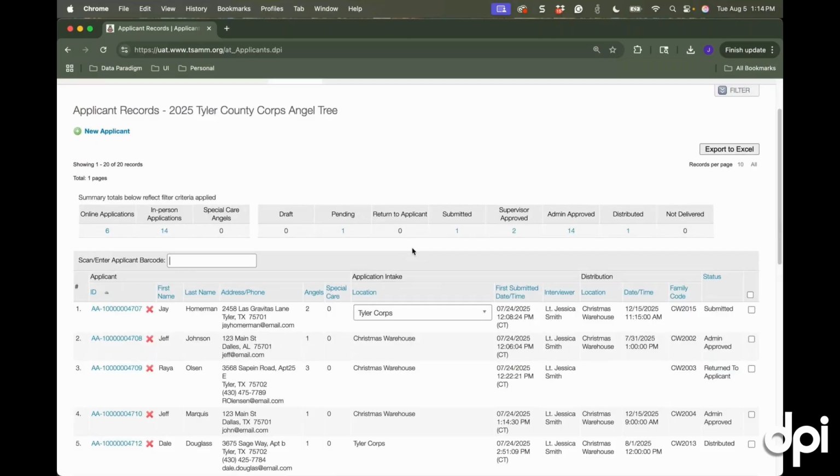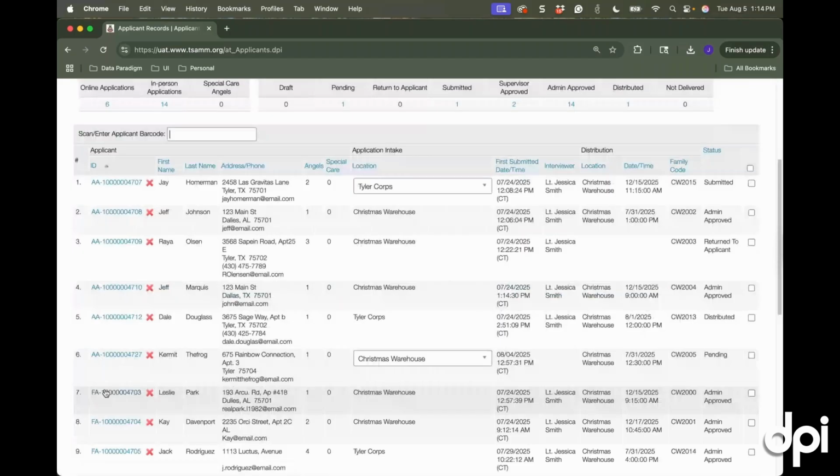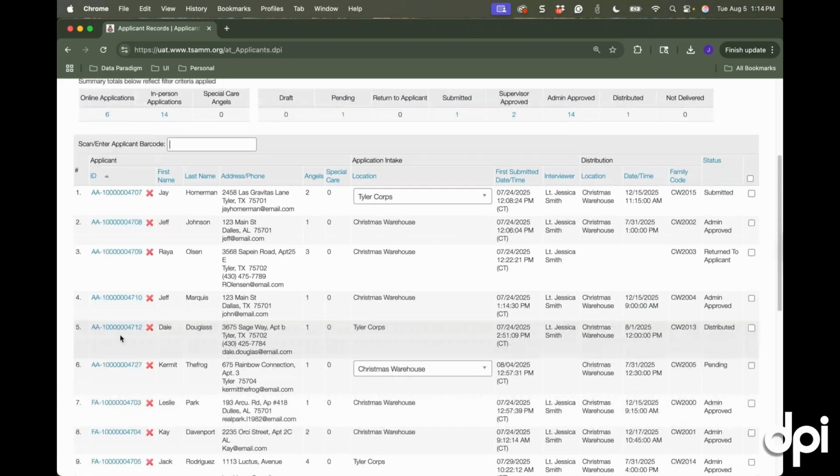We know that online applications are prefaced with the AA. We know that in-person applications are prefaced with the FA. Now, maybe you didn't know that, but that's how we're able to distinguish between online applications or in-person applications. But if you want to do a quick